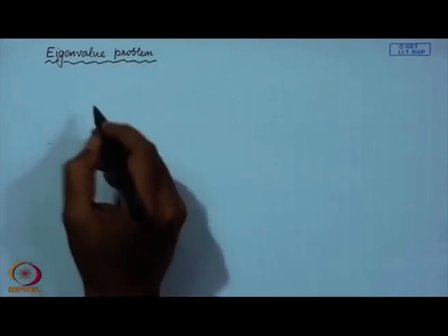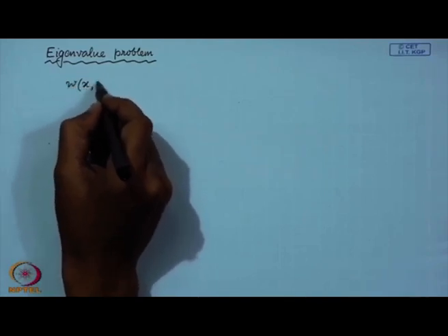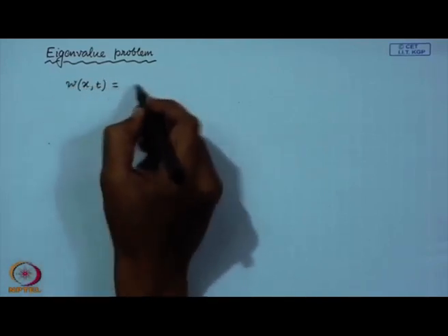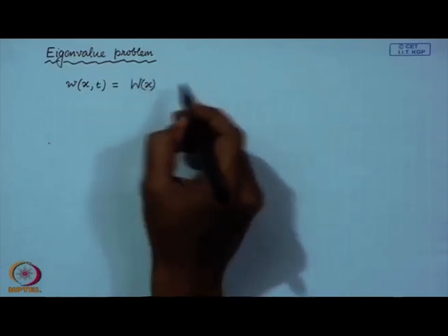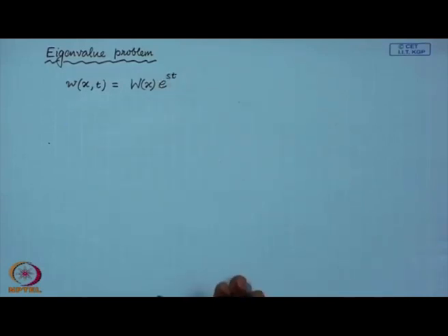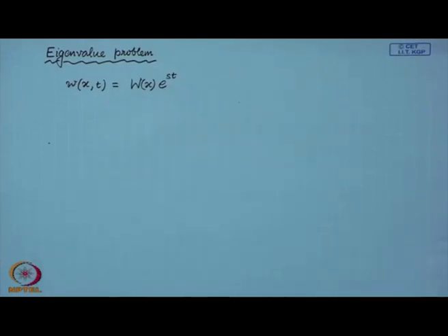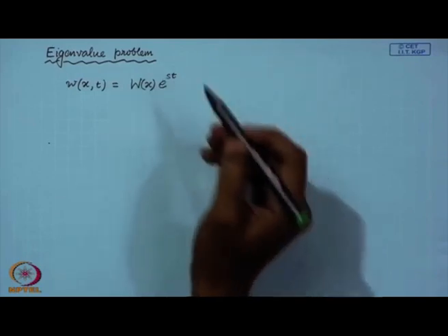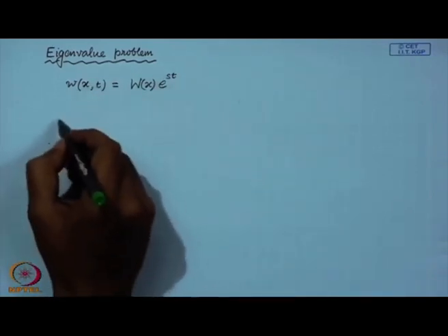We look for a separable solution, a complex solution of the form, let us say, w(x) exponential s t. Now, when we substitute this in the equation of motion and we do the simplifications,